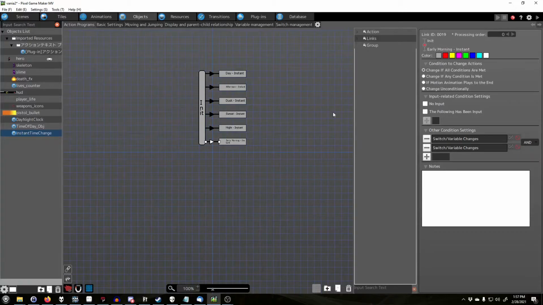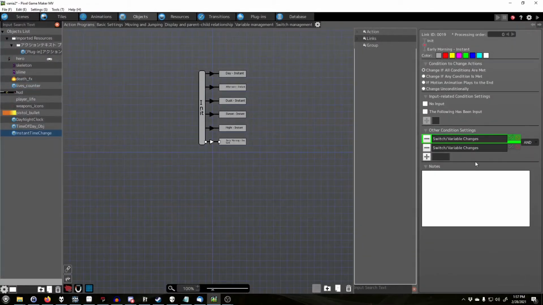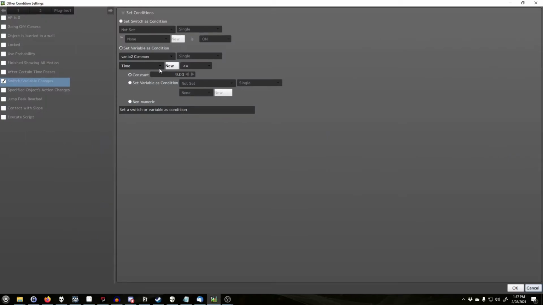Now what it's going to do is check for values during these times. Make sure to do change if all conditions, not any, all conditions are met. If the time is greater than or equal to 5, but less than or equal to 9, which is the time of day for early morning,